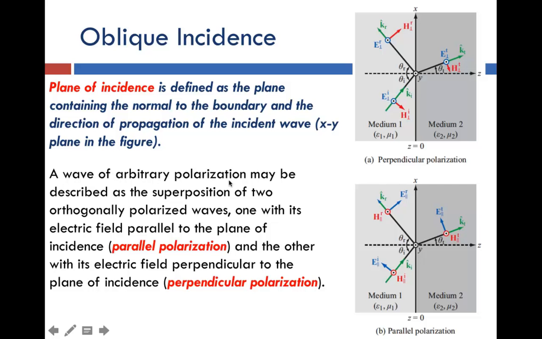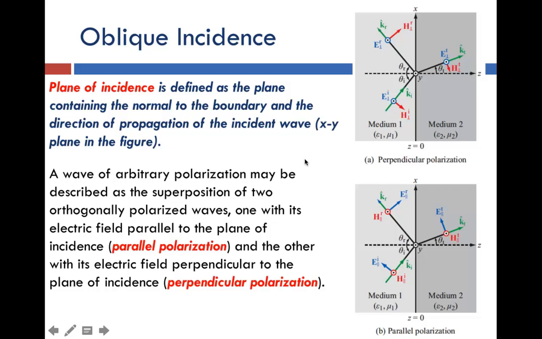So a wave of arbitrary polarization, as we know, can basically be described as the superposition of two linearly polarized waves that are orthogonal. And in this example, that would mean that we would have one dimension of the electromagnetic field that would point out of the plane of incidence, called perpendicular polarization, and we would have another polarization that would be perpendicular to that, which is referred to as parallel polarization because it's parallel to